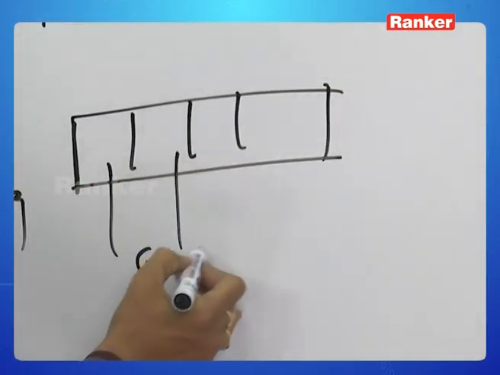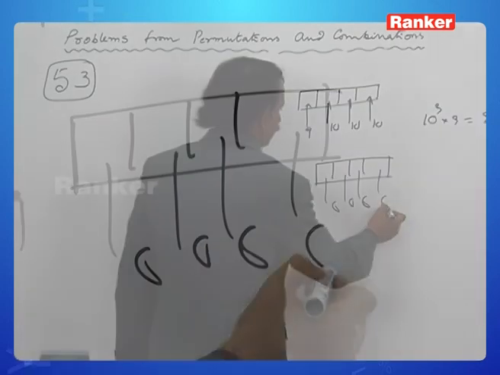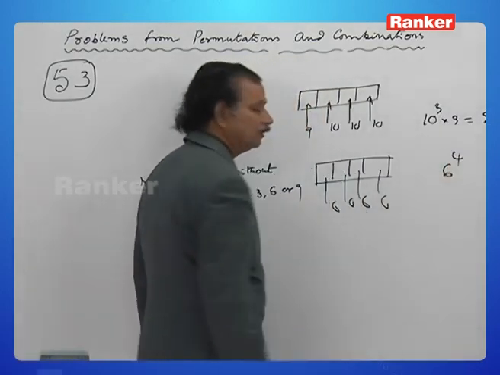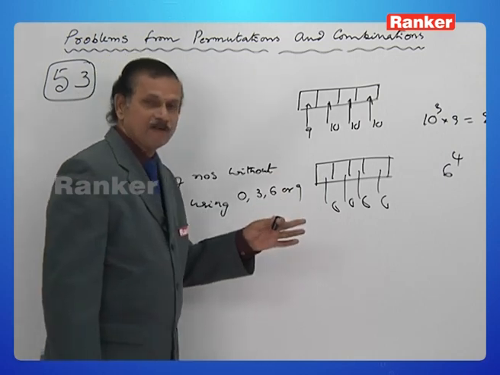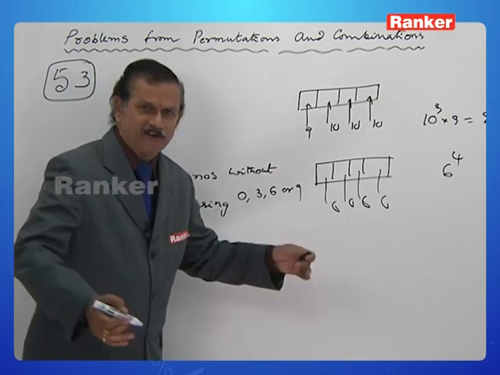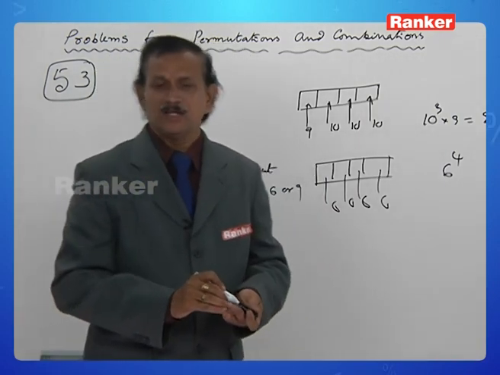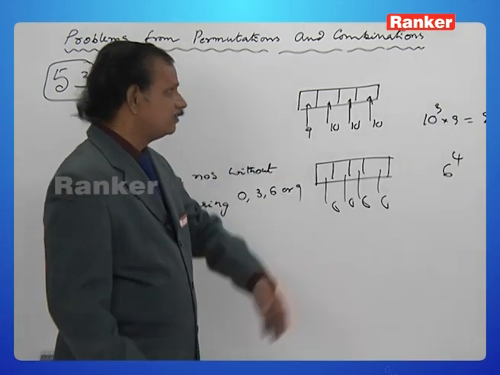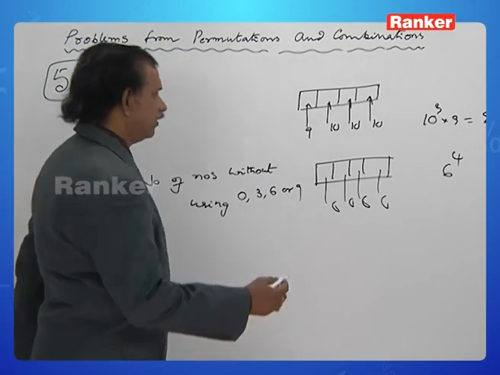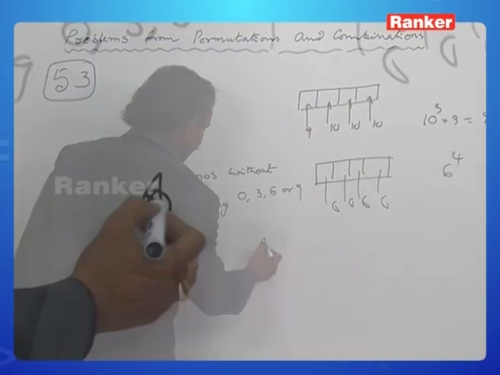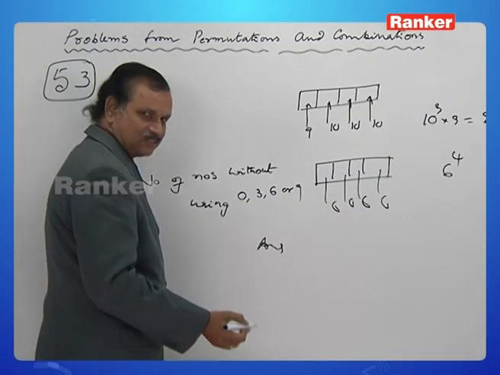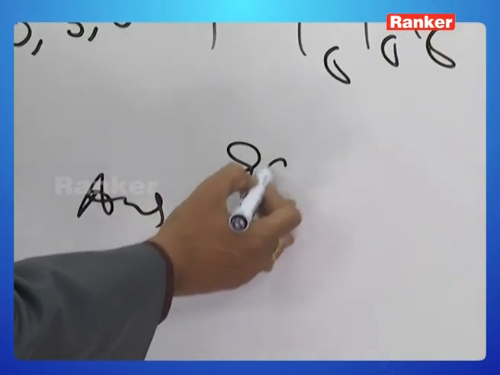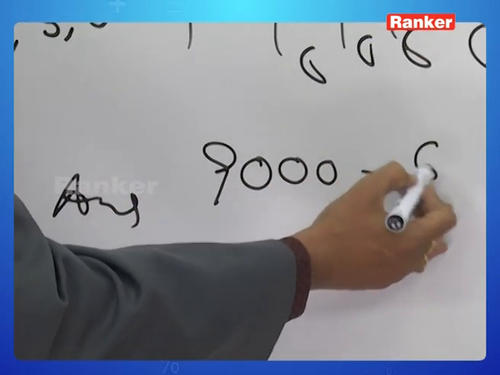6 places, 6 times, 6 ways, total 6 power 4. Are these 6 power 4 numbers valid or invalid? We are supposed to subtract these. This is the negation to the requirement. Therefore, the required number of numbers, that is the answer, is 9,000 minus 6 power